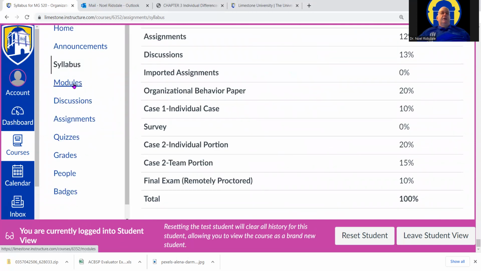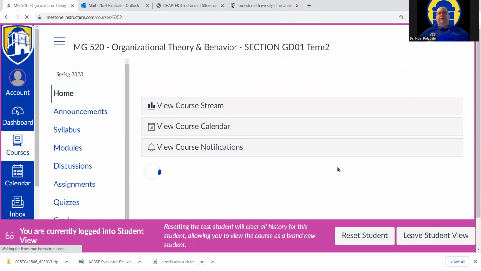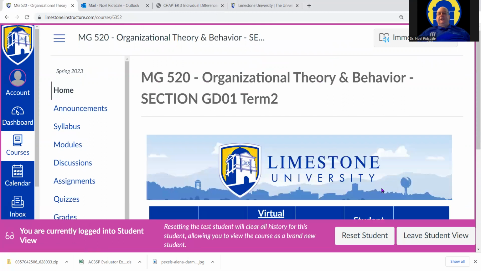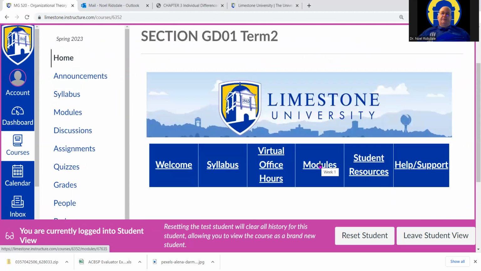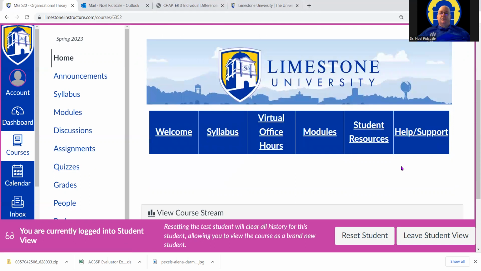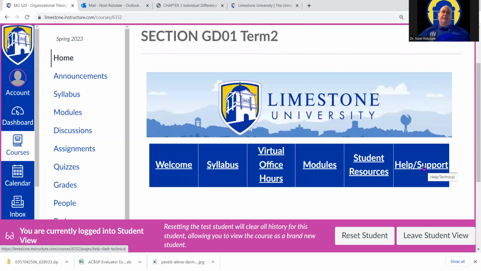So going back over here to the home, just real quickly, I'm going to point out you can also reach the modules here or here. And then you have some extra student resources, and as this talks about the help, if you have problems with any of the aspects of the logistics of the course outside of the curriculum, things like problems with your book or any of those types of things, all that stuff is in there.